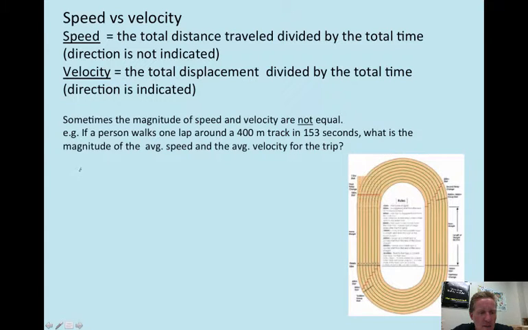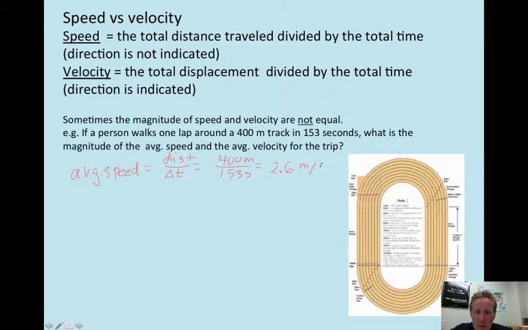So let's do average speed first. Average speed is going to be equal to the distance over change in time. We went 400 meters in 153 seconds, and that's going to come out to 2.6